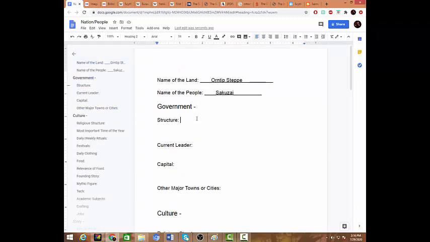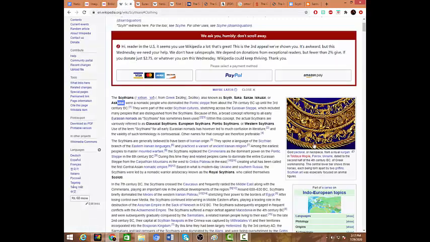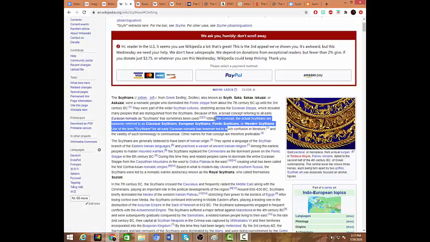So our government. So our structure is going to be... I guess I'll go ahead and say this because I knew that I wanted to say this at some point. When you are creating a new culture, you are likely going to base it off of stuff in the real world. And it's good to be as respectful as you can while also bringing in new ideas. Going with the Scythians as our base, we can run up against some stuff because most